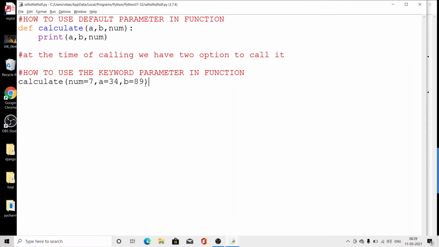Now here it will not assign the values according to their positional place, because here we have defined the keywords. At the time of defining keyword parameters, my dear students, you should keep in mind that Python is case sensitive. Uppercase and lowercase are different, so spelling mistakes should not be there. If any variable name in the function is written in a capital letter, you should also use a capital letter. So thank you. I hope you understand all these functions, how to use default parameters, how to use keyword parameters.